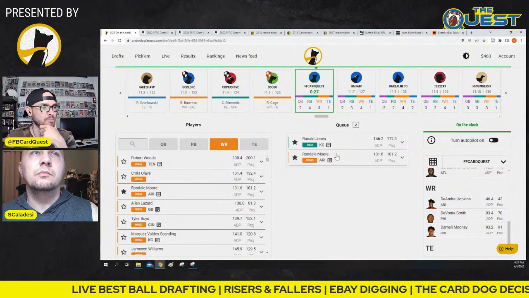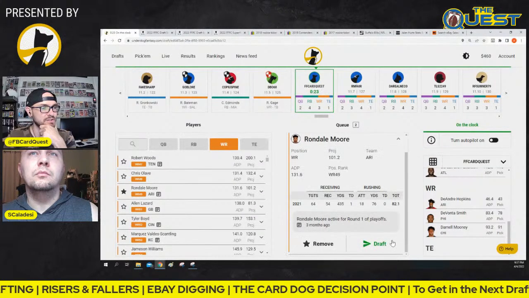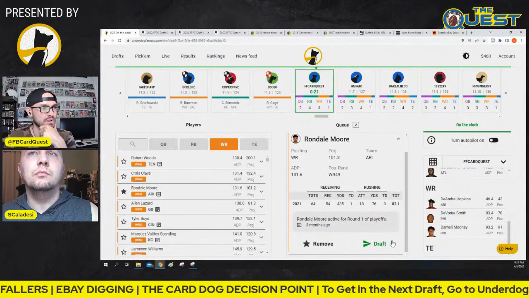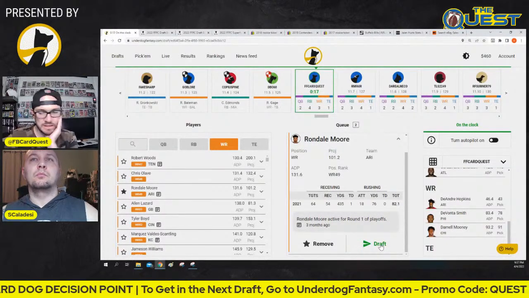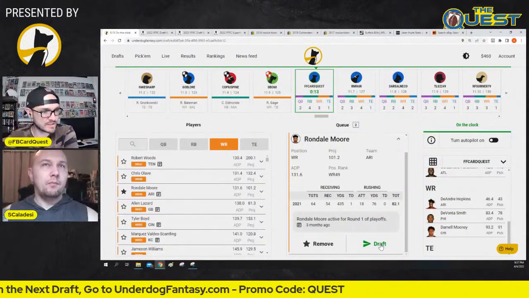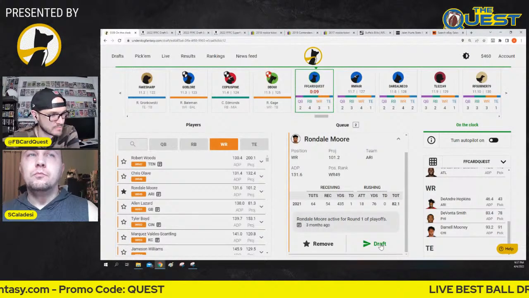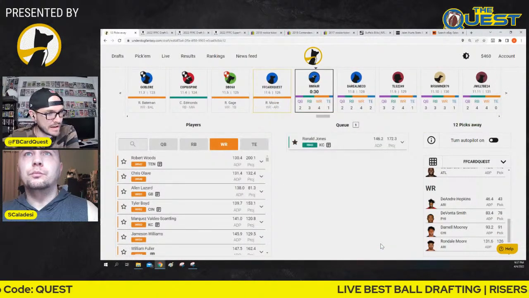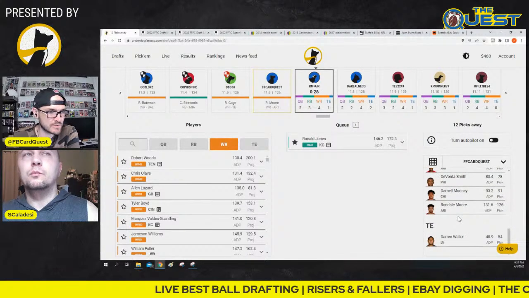I mean, some people do say that it's kind of suspicious that Rondale Moore's opportunity dropped off a little bit. And some people were saying that was a coaching decision, that they saw something in Rondale Moore that they didn't like, and so that's why they reeled him in. But I don't know about that. I mean, he was a rookie. And Christian Kirk was still running a lot of